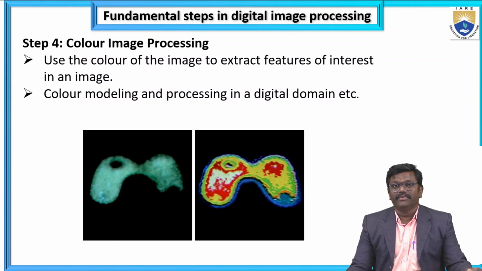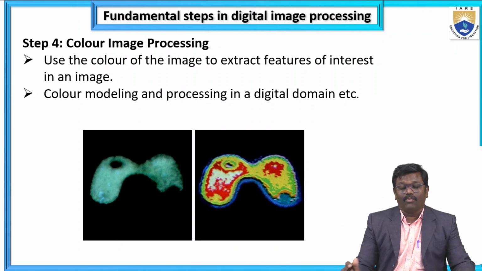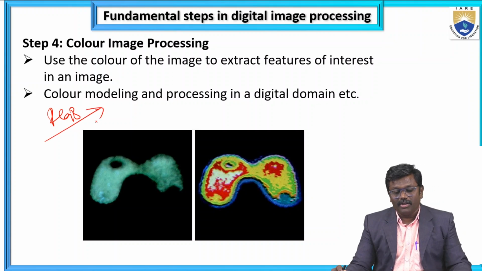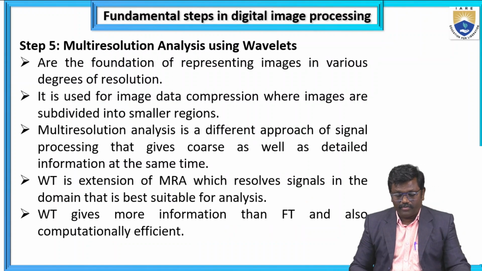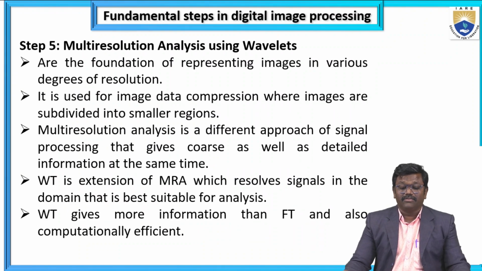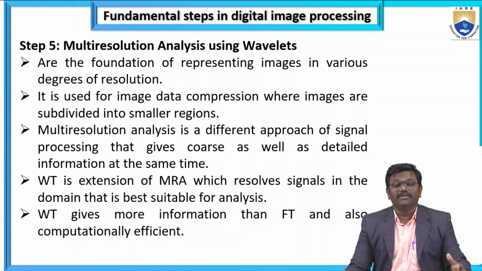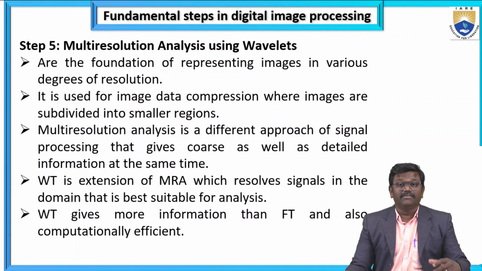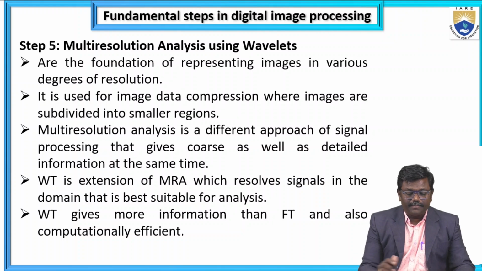Okay. Next, the fourth step is color image processing, where we can understand the complete color image processing. As I told you, extra features of interest in an image are applied in color modeling, that is RGB. Right now, you keep on modeling and processing in the digital domain, etc. Coming to the 5th one, that is resolution. We apply multi-resolution analysis using wavelets, or even segmentation can be applied. Multi-resolution means you concentrate on a different approach of signal processing that gives coarse as well as detailed information